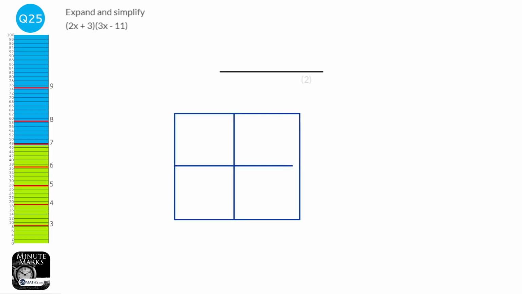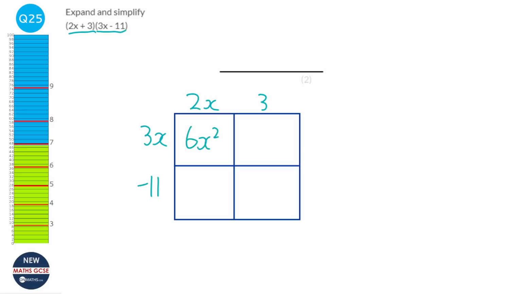And what I'm going to do is put the 2x plus 3 at the top, so 2x and then plus 3, and then 3x minus 11 down the side. Multiply them out: 3 times 2 is 6, so that'd be 6x squared, 3 times 3 is 9, so that'd be 9x. Minus 11 times positive 2 will be minus 22x, and then minus 11 times positive 3 will be